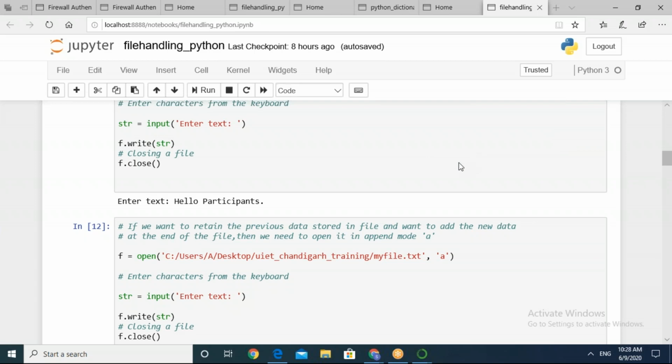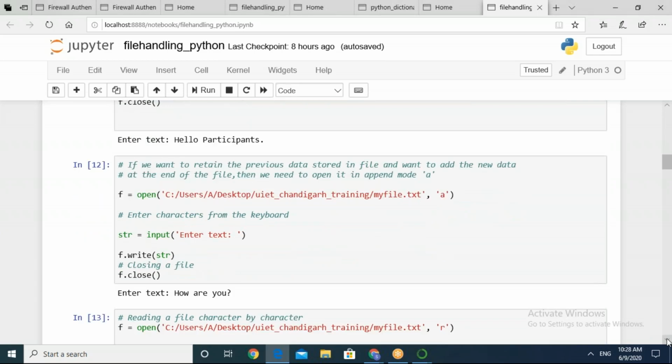So just open that file in append mode, and run the same code that you have just written above.